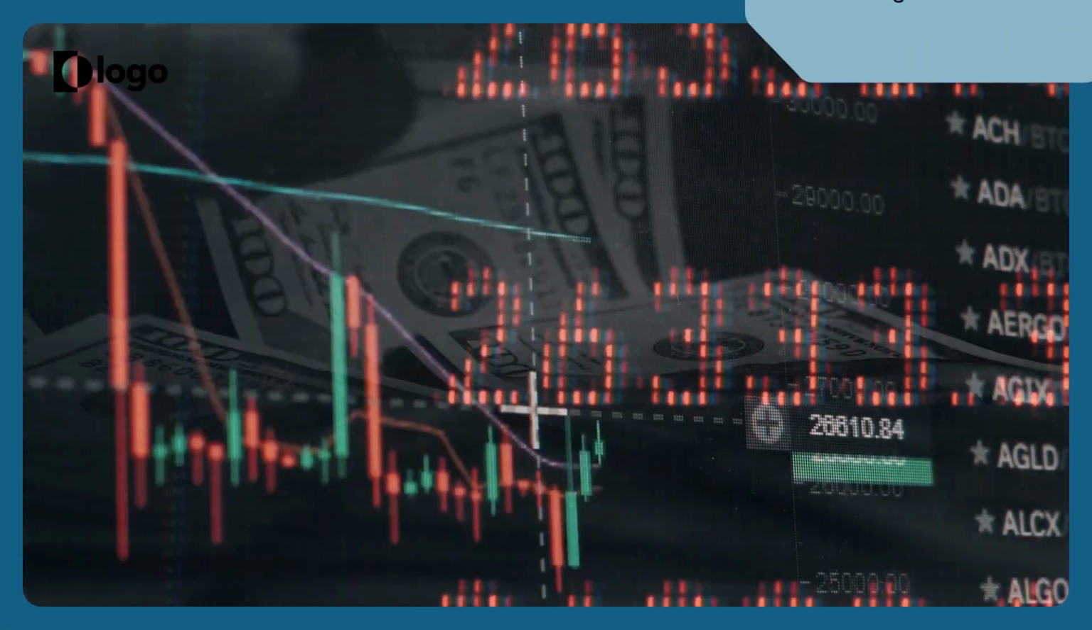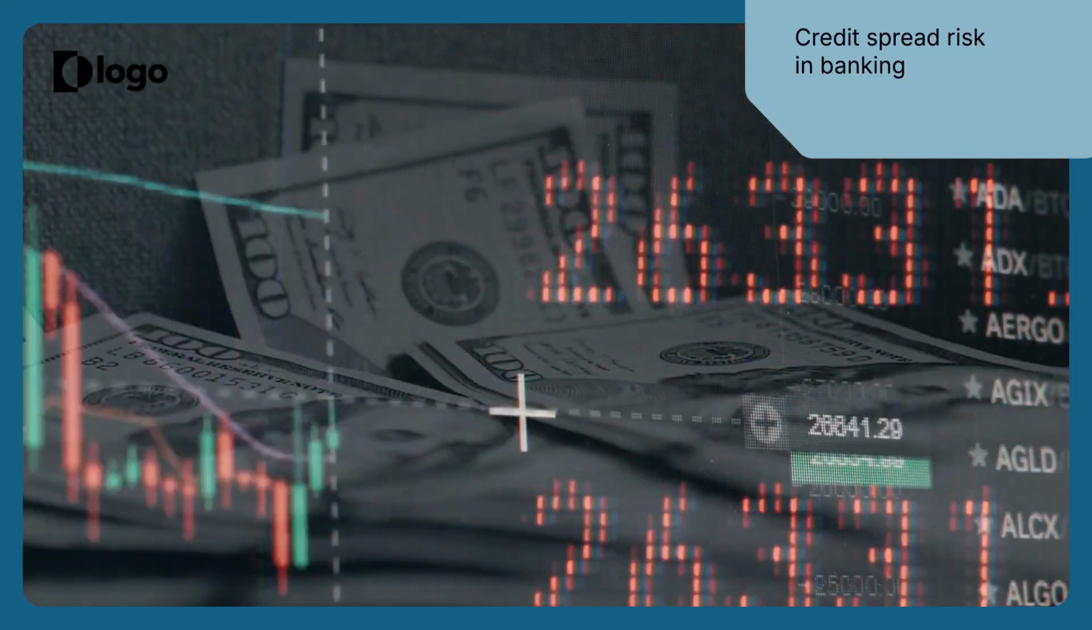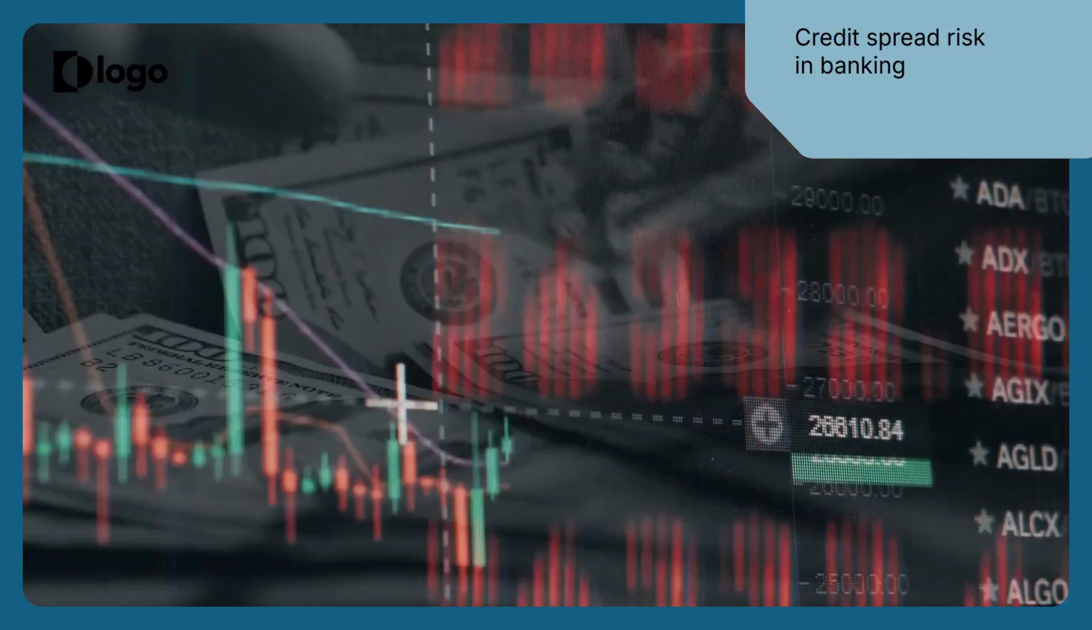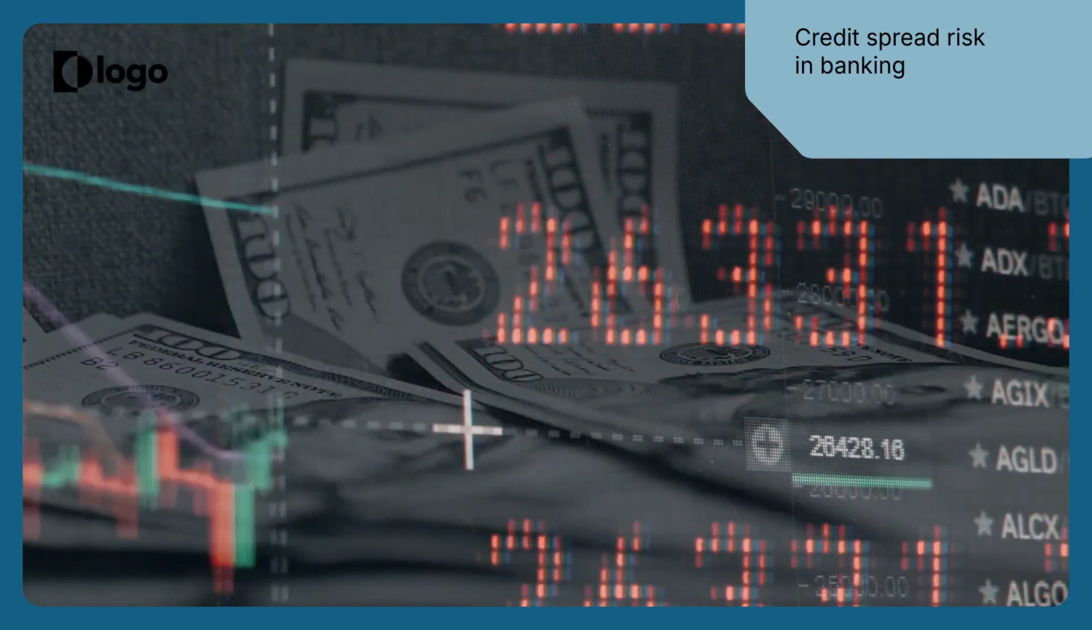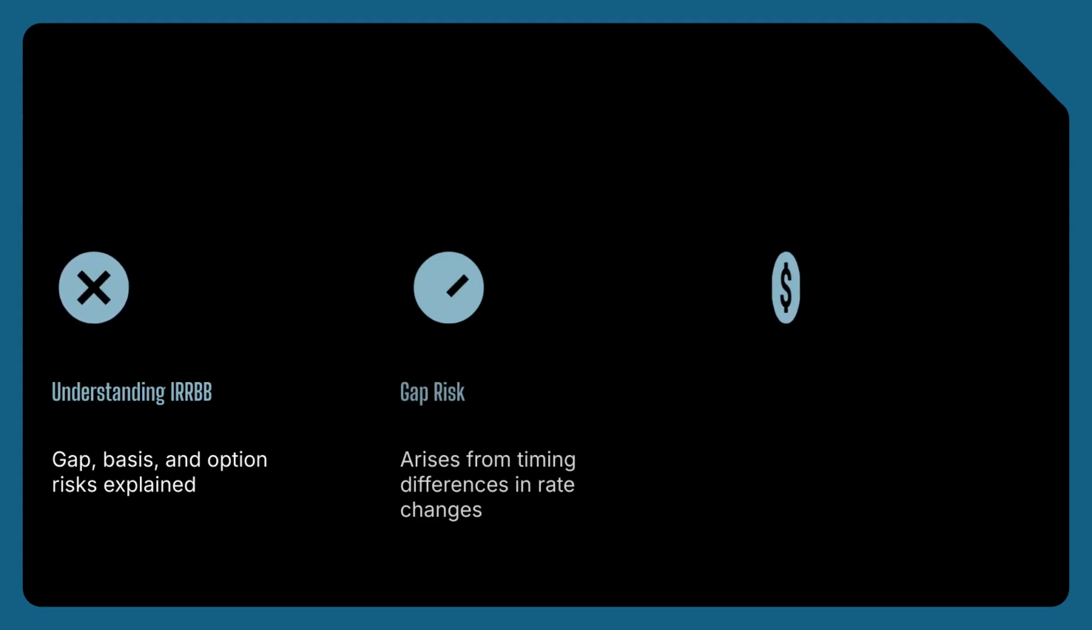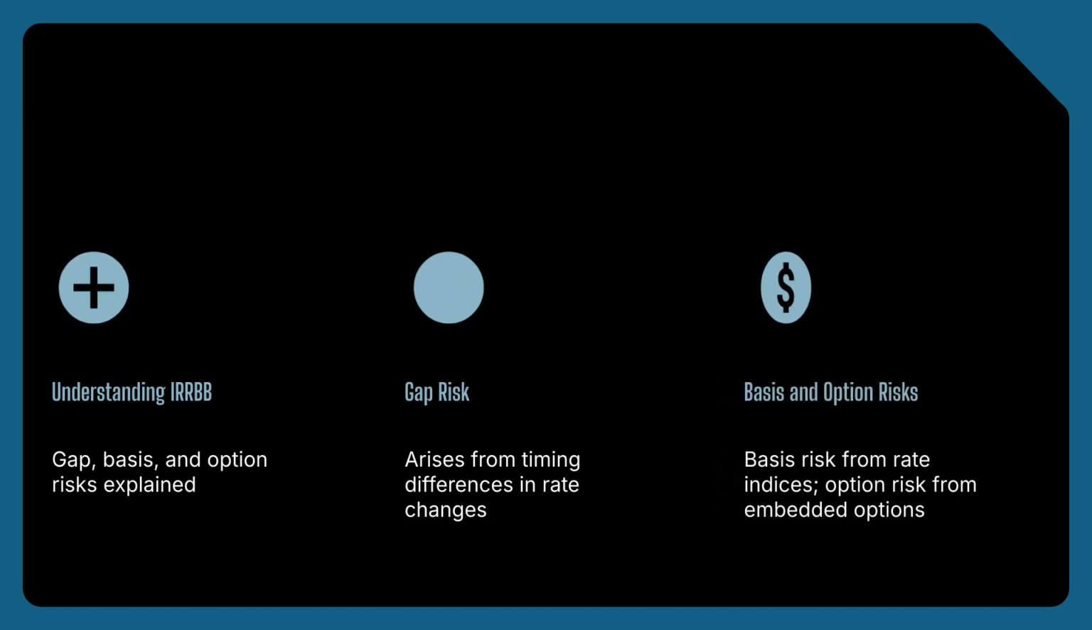CSRBB, or credit spread risk in the banking book, is related to IRRBB. It arises from changes in market perception about credit quality, amplifying risks from yield curve changes and requiring monitoring and assessment. Gap risk, basis risk, and option risk are fundamental aspects of IRRBB. Gap risk arises from timing differences in rate changes, basis risk from different rate indices, and option risk from embedded